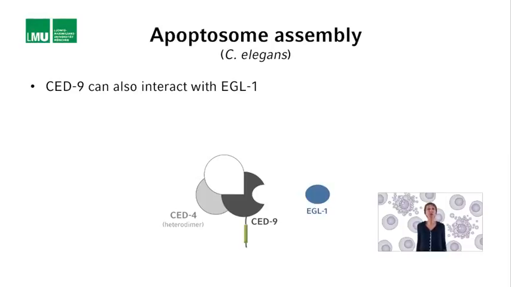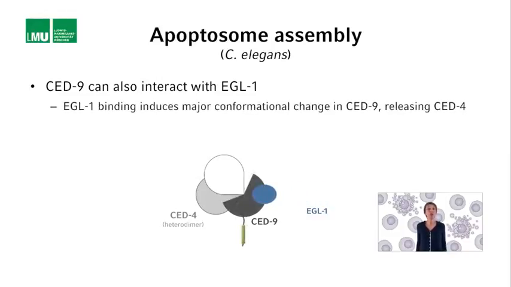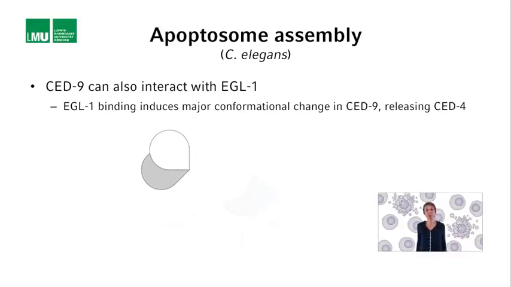In the 131 cells that are destined to die during C. elegans development, the sensor AGO1 binds to Z9. AGO1 binding to Z9 induces a major conformational change in the Z9 protein. This conformational change leads to the loss of the Z4 binding surface in the Z9 protein and, consequently, the release of Z4 from the Z9 protein. Actually, Z9 binds to a dimer of Z4, and this dimer is released upon AGO1 binding to Z9. 4 Z4 dimers can then assemble into an octameric structure, the apoptosome.